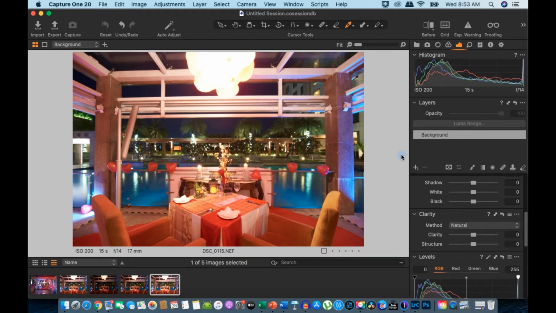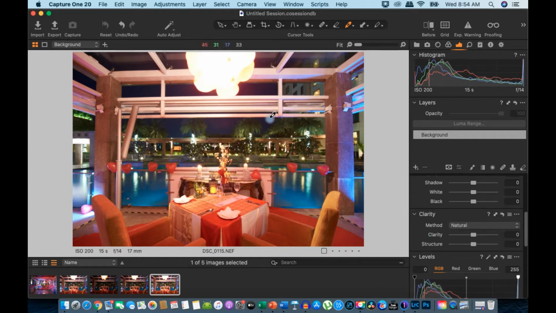And in today's video, I'm going to do a comparison between Capture One and Lightroom by using the same image, highlights, shadows, and correcting the white balance. So we're going to demonstrate these three sliders on one same image in two different raw processors, and then let's see how it goes. And I would like to see your feedback in the comment section below at the end of the video. So let's get started.